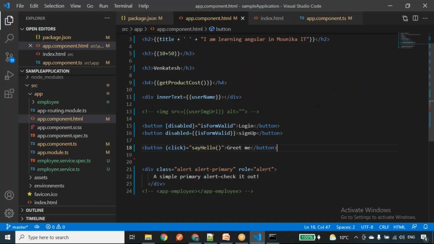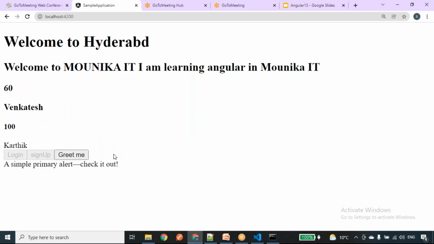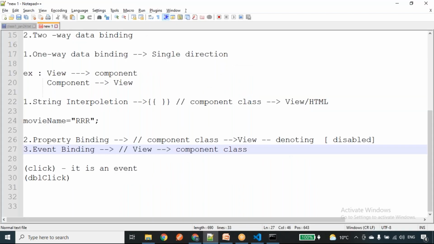Here the communication was happening from the view. I am just clicking on this particular button in the template. Once I click on this button, we are getting the appropriate action. Here I am showing one message. But now my requirement is, whenever I click on Greet Me, I just want to print that value here, after this simple alert. So how can we do this?